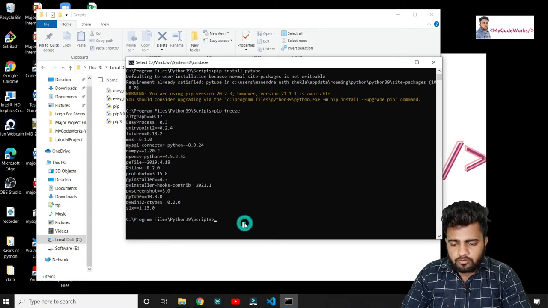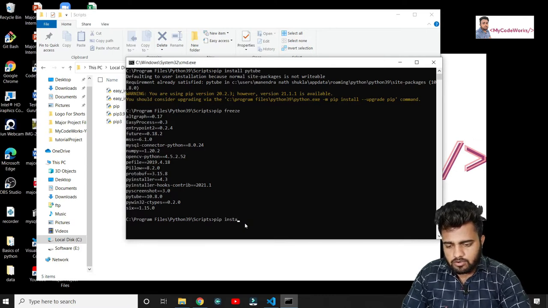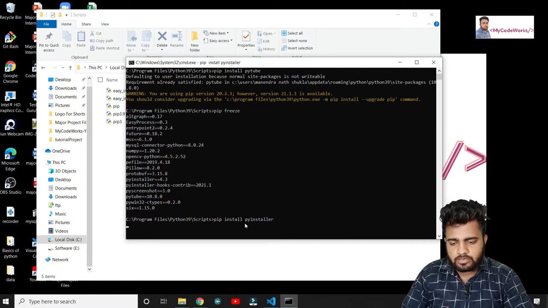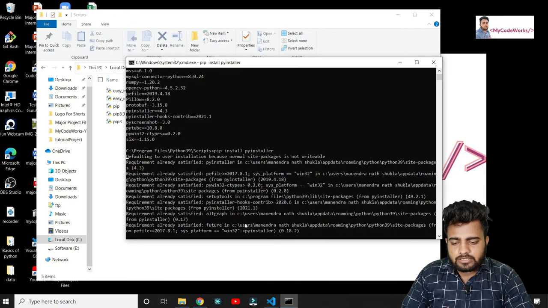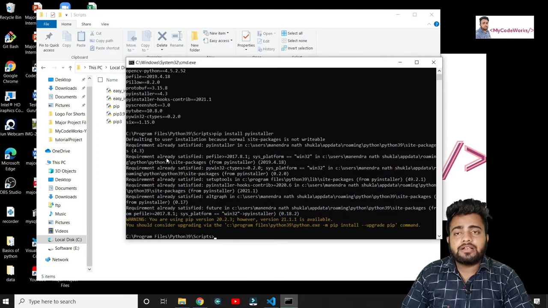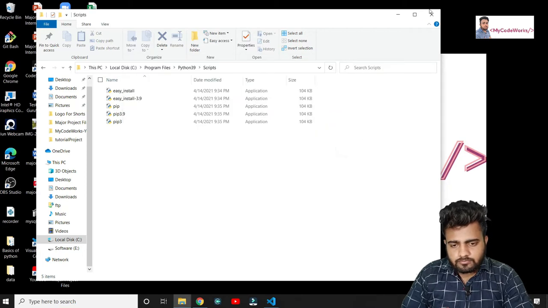Now we are going to install PyInstaller too: pip install PyInstaller. Run it. See, requirement already satisfied. If it's not already in your system, then it is going to install. In this way we can install the two libraries.